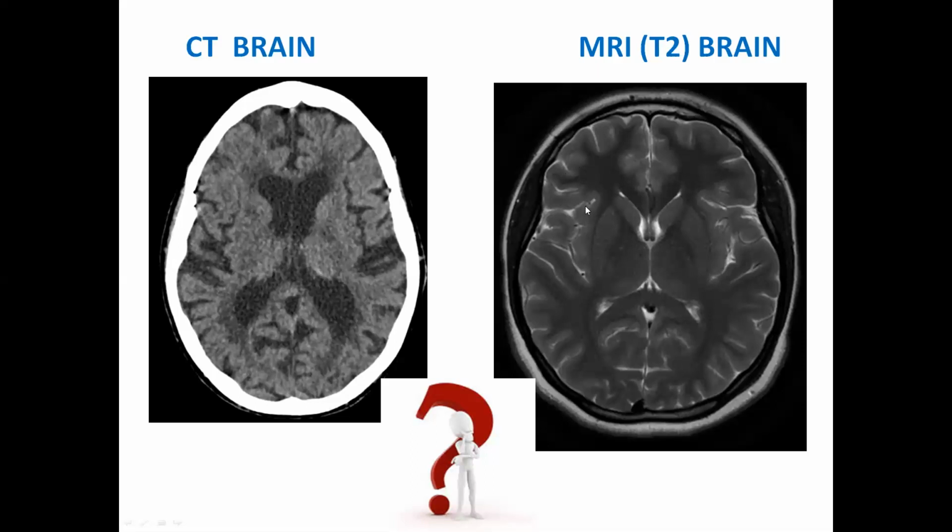Okay. Now, this will be the frontal lobe. Behind that will be the occipital lobe. You can make out the insular cortex. You can make out the lentiform nucleus. This is the third ventricle in the midline. On either side of the third ventricle, that's the thalamus. In the floor of the lateral ventricle, that's the caudate nucleus.